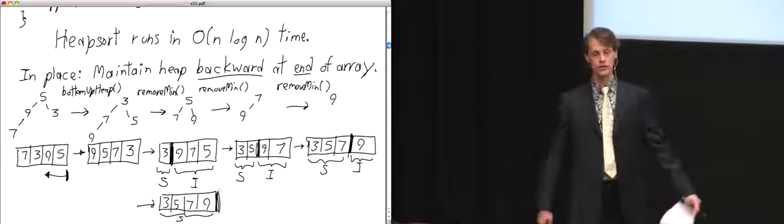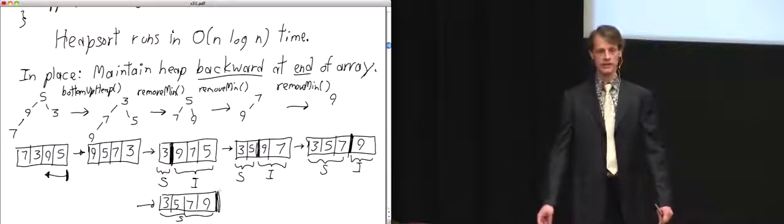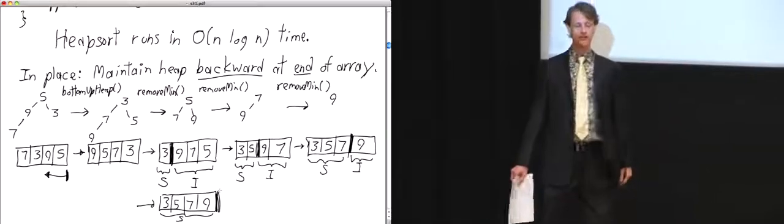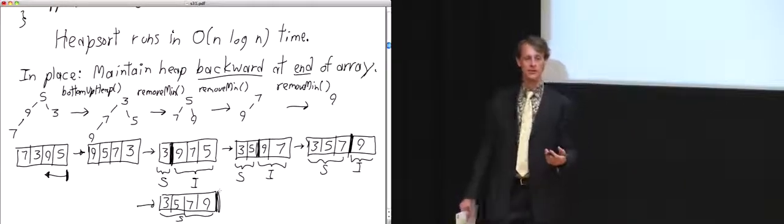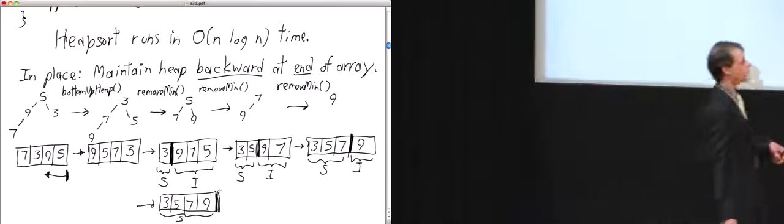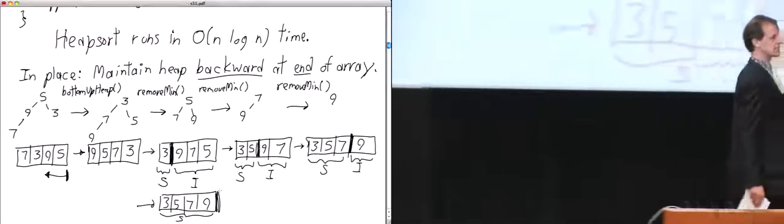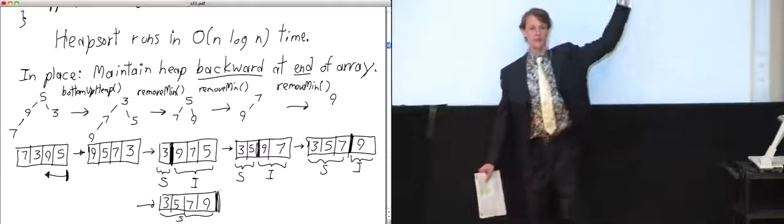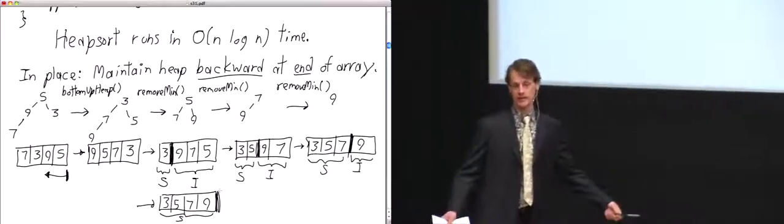It's up to you, actually. The question is, do you really do remove min on the 9? Just like in selection sort, you can actually skip the last iteration of the loop because it will always be the case that when you get down to one unsorted item remaining, it will already be in the correct position and you're finished. You don't have to do the last loop iteration. It does no harm if you do, but it just wastes time.